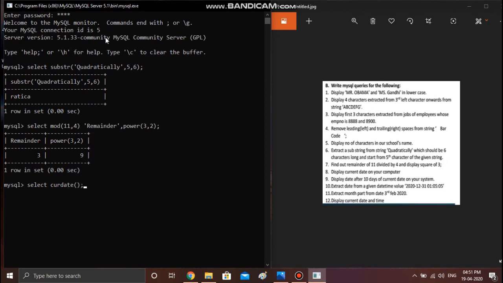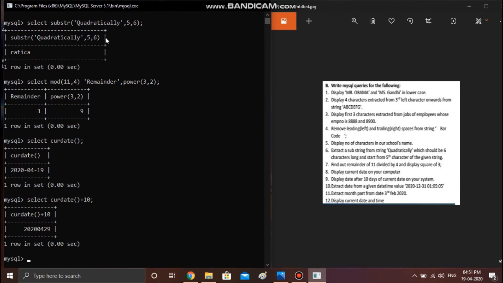Now next we have to display current date on your computer screen, that is current date, CURDATE. Then if you want to display date after 10 days, very easy, current date plus 10. So this is YYMMDD format, 20200429. Next question, to extract date from a given date time value.